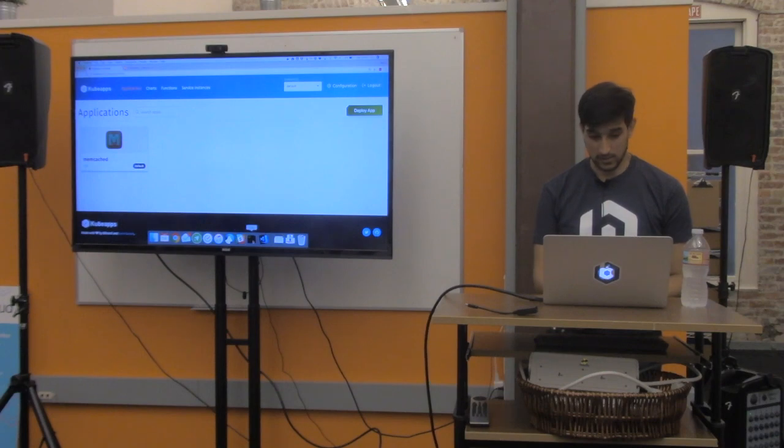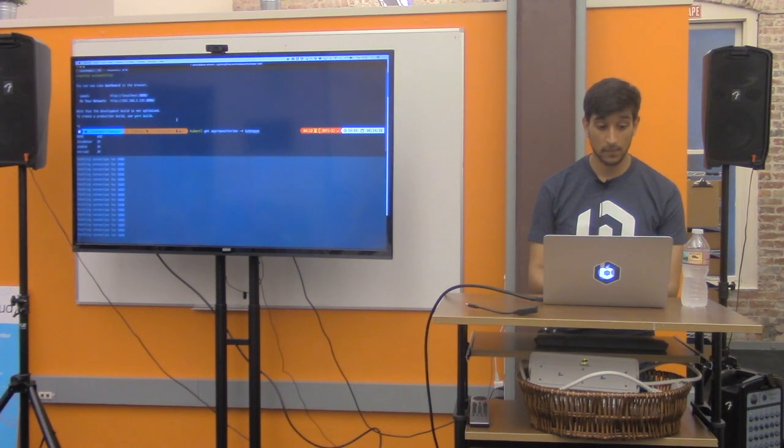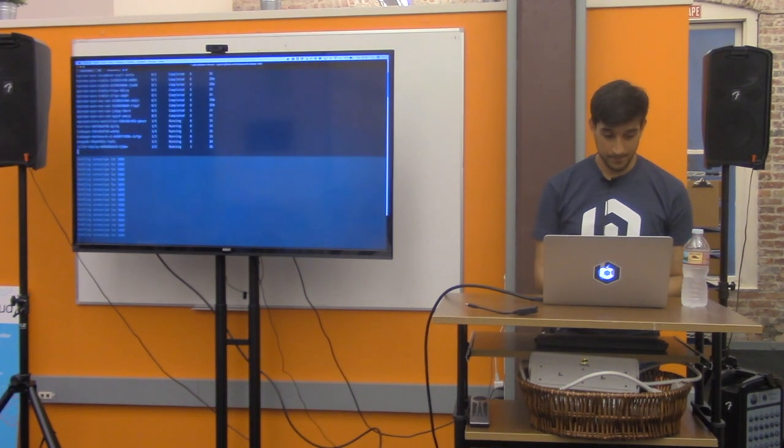So as an example, I'm going to show you how we develop the UI service. If I run kubectl get pod in the kubeapps namespace,